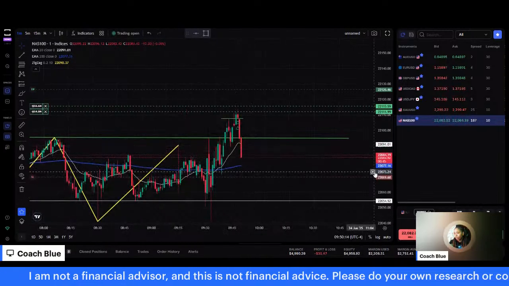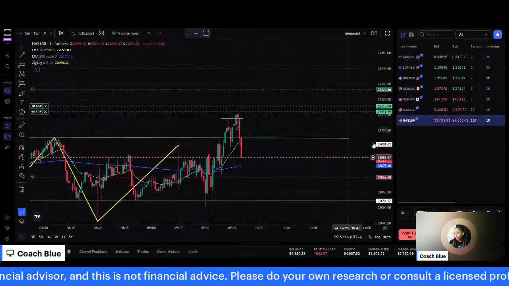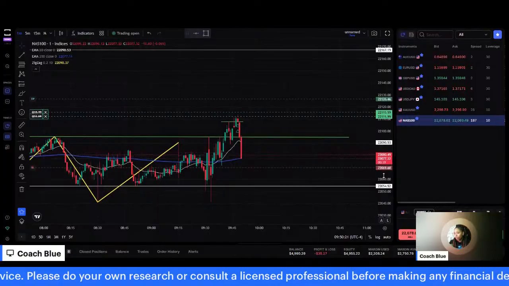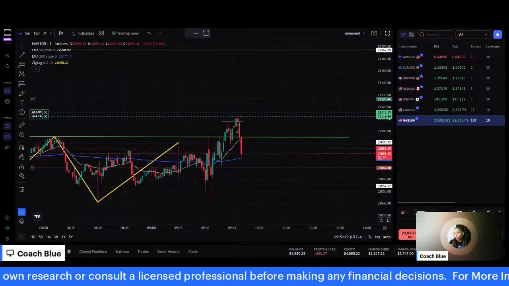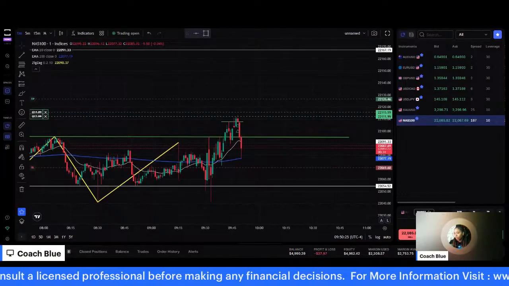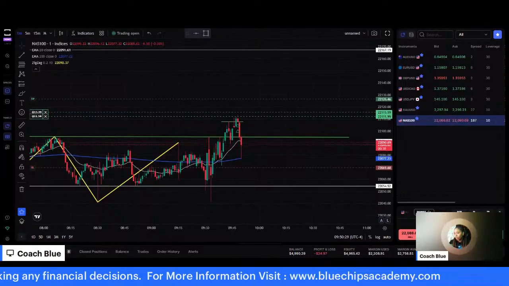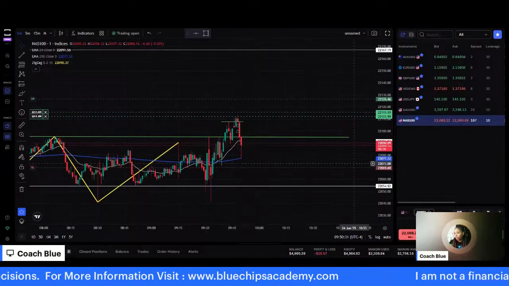All right, and I think that's pretty much it. So we'll see what happens. We have, let's see, 40 seconds left on this candle. Oh, this thing is coming down strong. It's coming down strong here. Let's see. Looks like it's trying to find a little support off this 200, though.